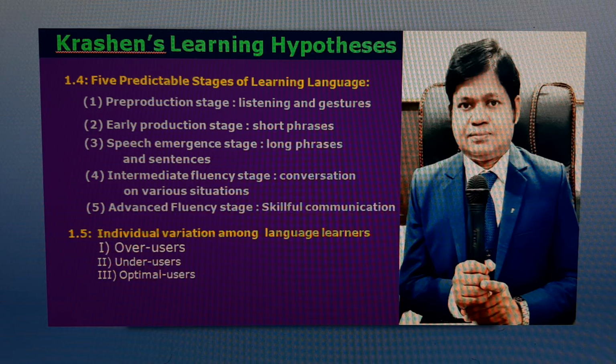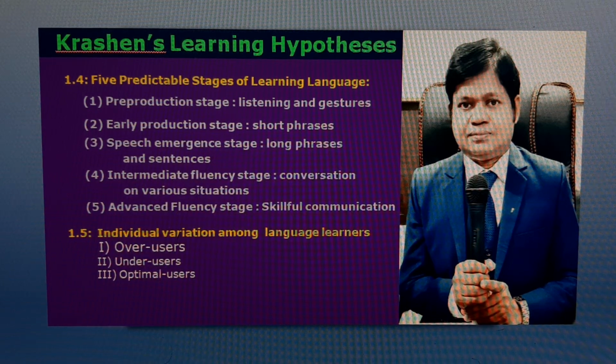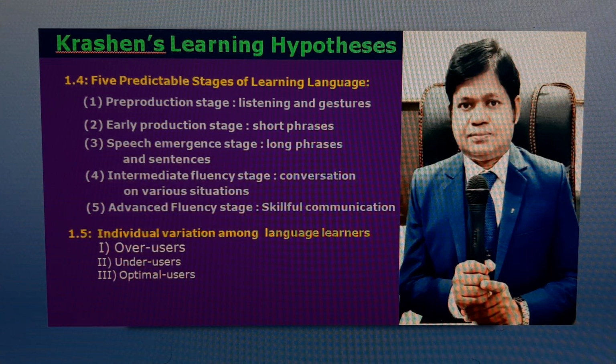The acquisition learning hypothesis. The acquisition learning hypothesis is the most fundamental of the hypotheses in Krashen's theory and the most widely known among linguists, language learners and teachers. It draws a sharp distinction between acquisition and learning. According to Krashen, there are two independent ways or systems in which human beings develop their linguistic skills and performance. Number one, the acquired system, and number two, the learned system.